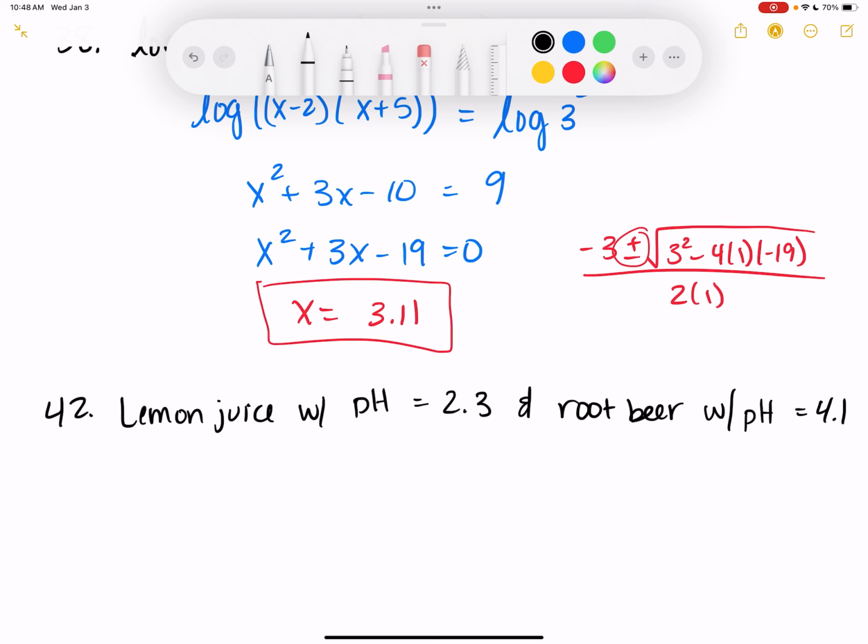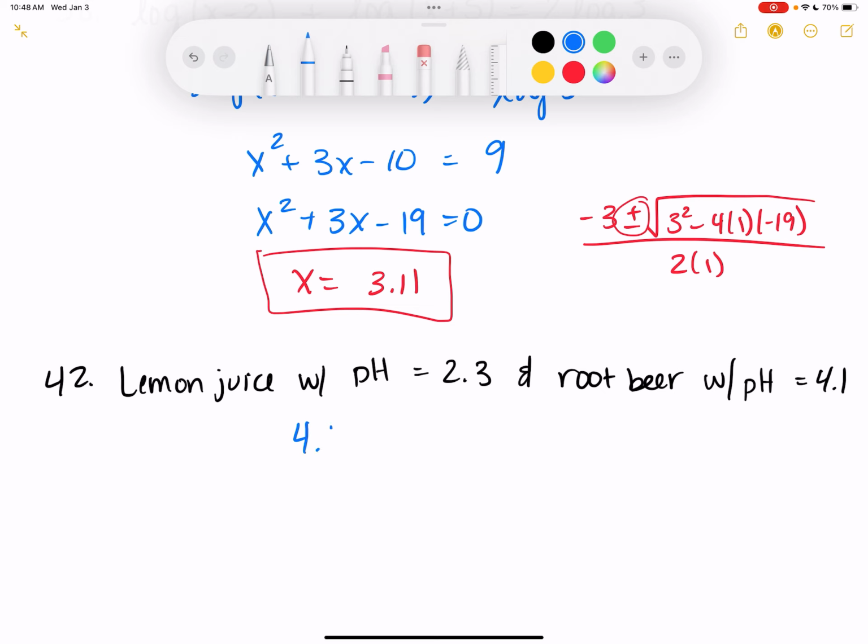All right, so basically, I'm just taking the difference in these numbers and figuring out order of magnitude. Now, order of magnitude is like powers of 10. If there is not a power of 10, we just write the number that it is. So with this one, it's just going to be 4.1 minus 2.3, which should be 1.8. And so that one, there's no order of magnitude, no power of 10 difference. But this next one